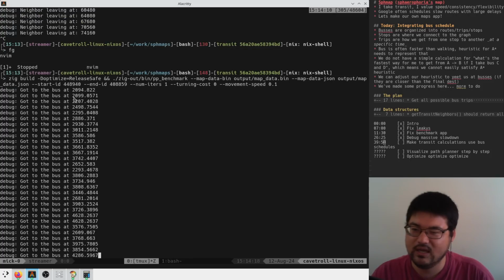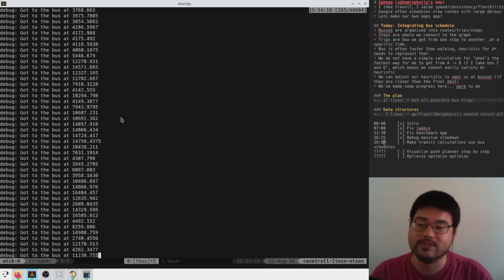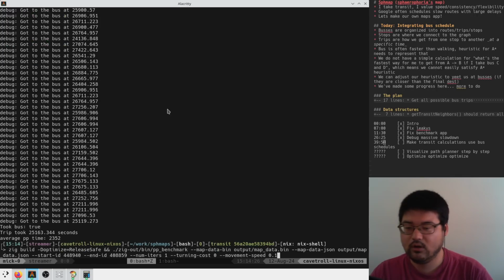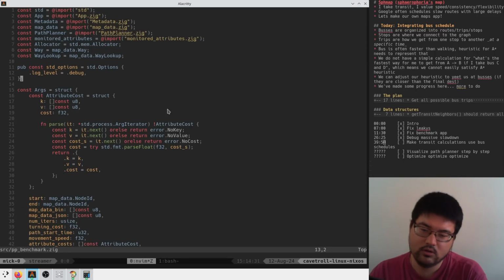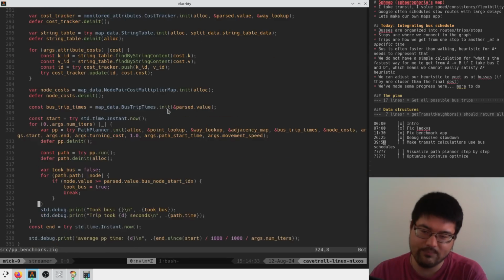So a lot of these are pretty big numbers. Got to the bus at big number. PB benchmark and using Zig are completely different things. We sometimes use Zig on the benchmark app, but sometimes not. So I wonder if we up the movement speed,